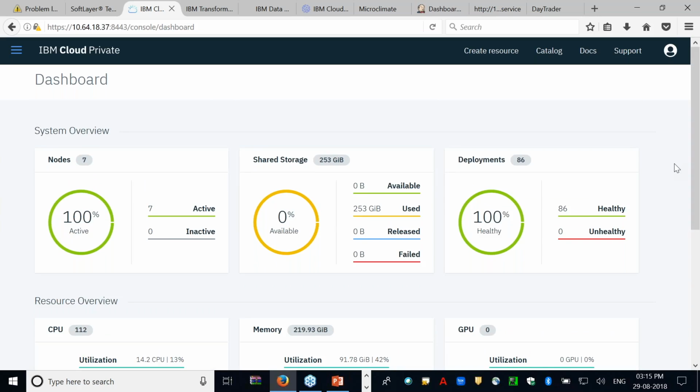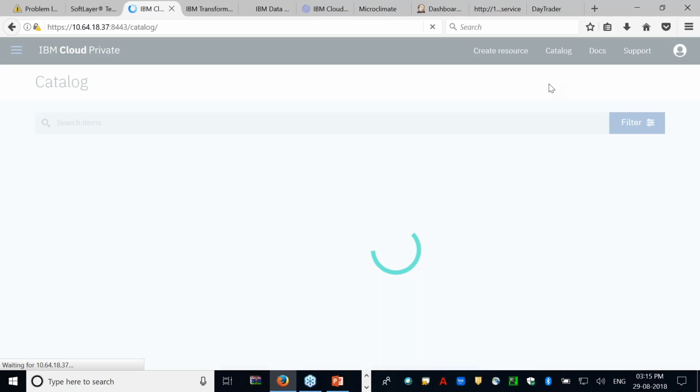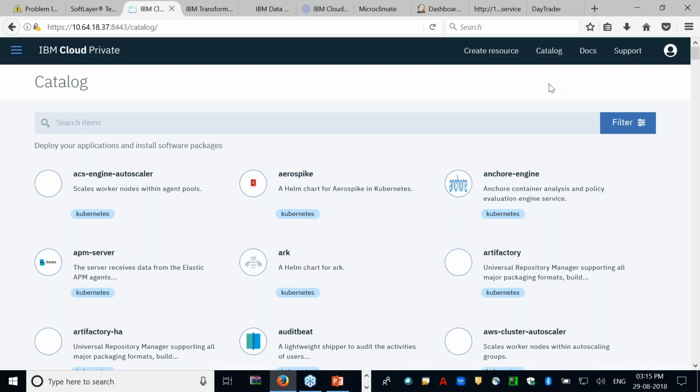So now I'll move on to the catalog. Well, what do we mean by catalog? Sandesh was talking about the ease of deploying applications and the fact that you don't really need too many scripting capabilities to deploy applications. The reason being, this particular software is a platform. IBM Cloud Private is a platform sitting on Kubernetes, which is an